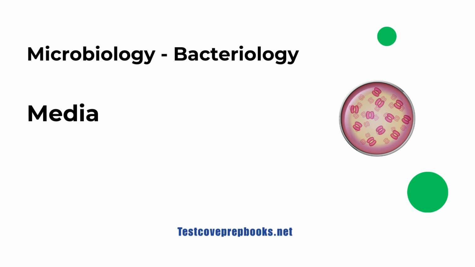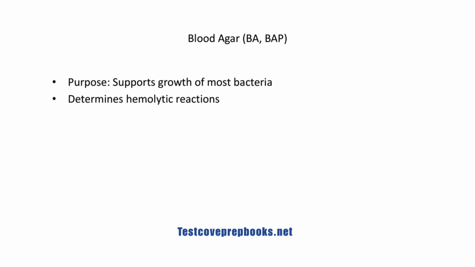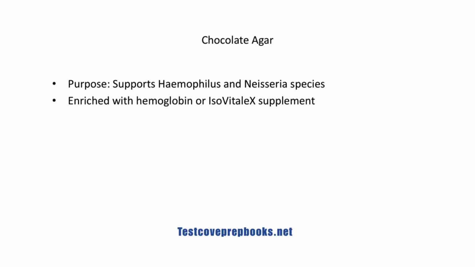Let's review routine culture media and their purposes. Blood agar, also called BA or BAP, supports the growth of most bacteria. It is especially useful because it allows the observation of hemolytic reactions, which help differentiate species. Chocolate agar is enriched with hemoglobin, or IsoVitaleX, and it supports the growth of fastidious organisms such as Haemophilus and